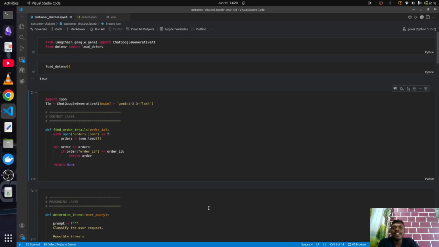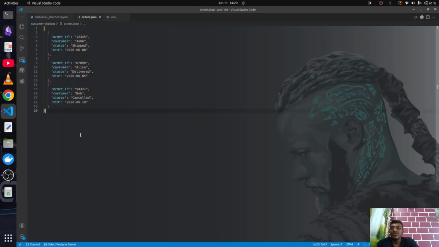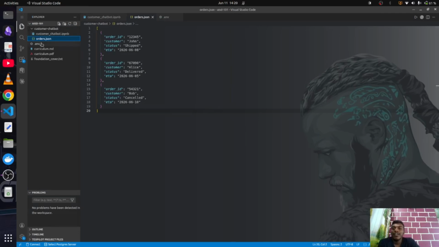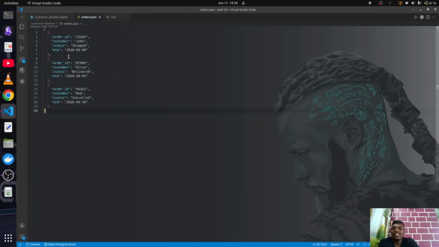We'll have basic functionalities, but we'll explore all the layers so that we have a basic idea of how the code looks. We'll start with some small foundation things, and then we'll scale up soon. Before going into the whole code, I just want to explain the setup. We're going to have a JSON here, which is basically a replica of a database.